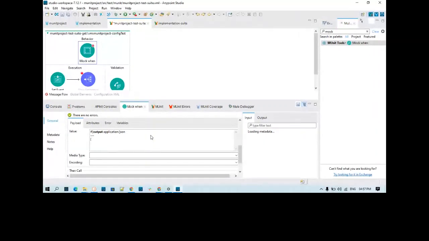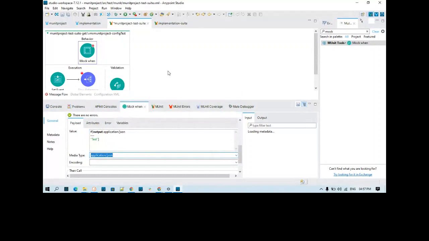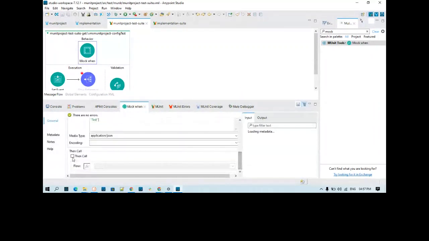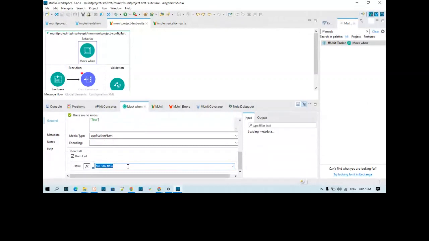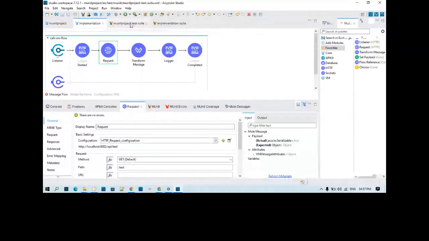I'm not creating any additional file for it. JSON. Now in order to call that VM, I need to use then call, and I have to call that flow, which is the call VM flow, which Survi was talking about earlier. This is my call VM flow. Now the point which